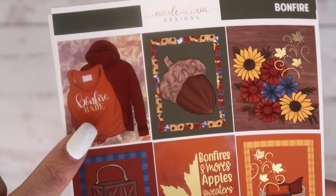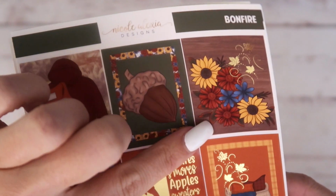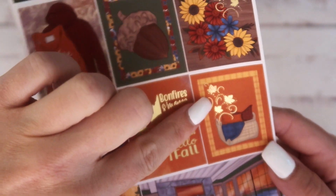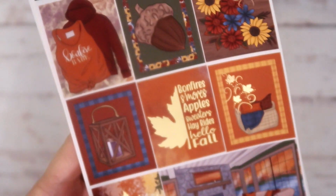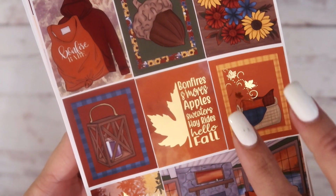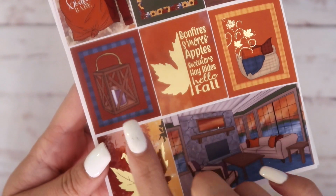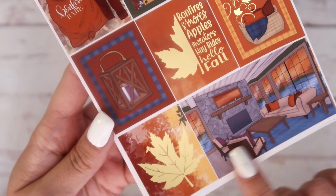We've got this really cute tank top here that says Bonfire Babe with this hoodie, acorn, sunflowers, and then the little leaf pattern we've got here, as well as here. That's some of the foiling. This really cute basket that has blankets and pillows. Are we focused? Yeah. Your quote box here says bonfires, s'mores, apples, sweaters, hay rides, hello fall, which I thought was just super cute. We've got a lantern here, another big leaf foiled piece right here,